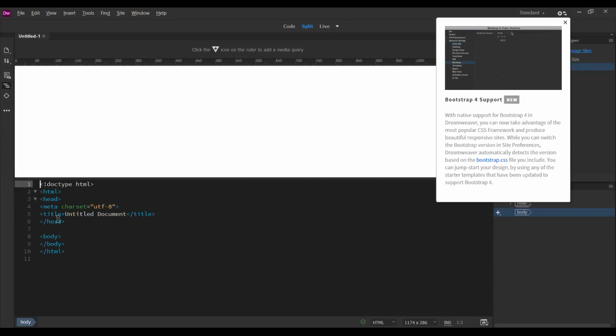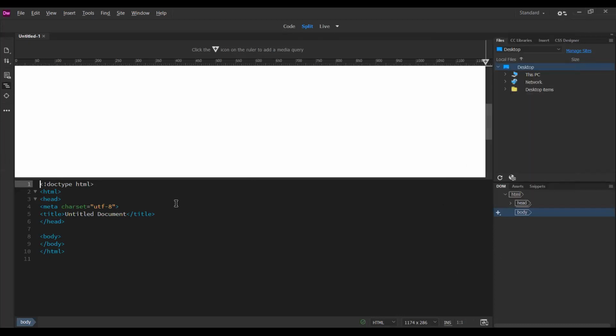Can you see it? Like in W3Schools HTML, by default all the tags will be there, but unfortunately there you can't do many changes. Basic tags you can learn,